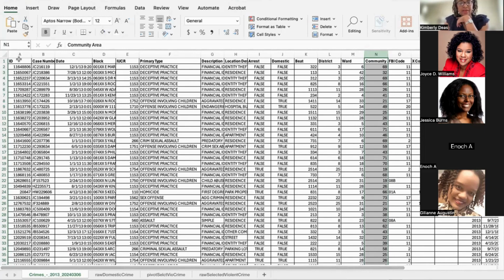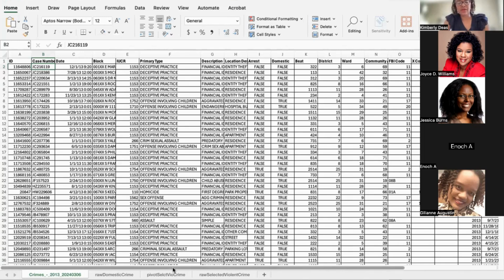So we have ID, I think that's specific for the source of the data, case number, that's actually a police number. If you went to the crime site for, I guess it's a city, is it Cobb County? At any rate, you could use that number to get more information about this particular case, which we don't want to do. We have the date, the block, the IUCR, I forget what it stands for, but it's a designation by the FBI about crimes. The type of crime, description.